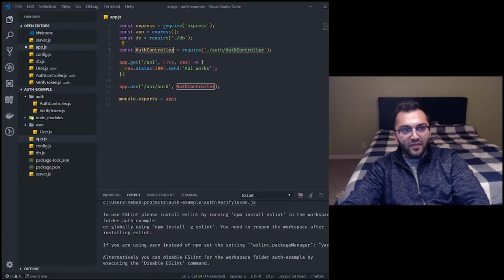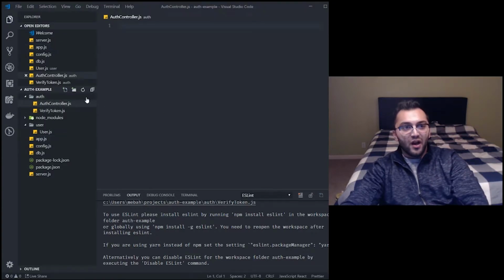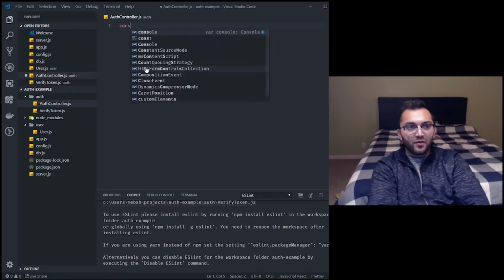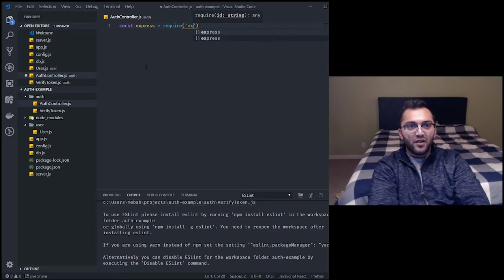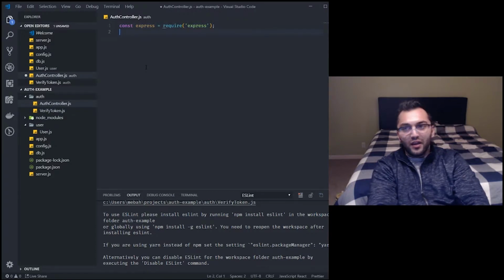I've already required it inside my database, and now I'm going to work on my auth controller to kind of get going here. So we have two API endpoints. We have one for the API, we have one for the auth, and all I need to get set up for the auth controller here is just get the basic setup going, right? So all I'm going to do here in the auth controller is bring express in, which is going to require express, and after that I'm going to do const router, which is going to equal